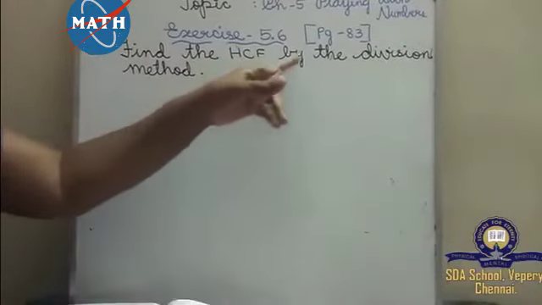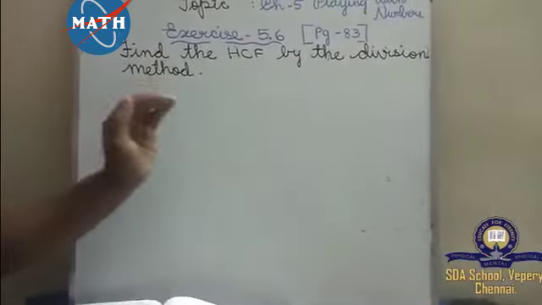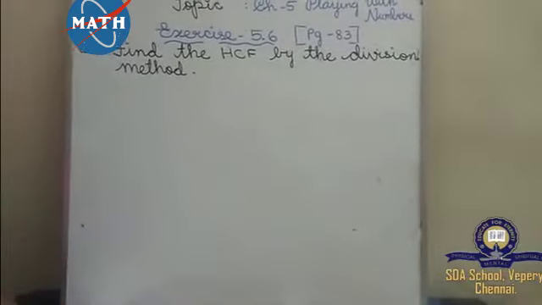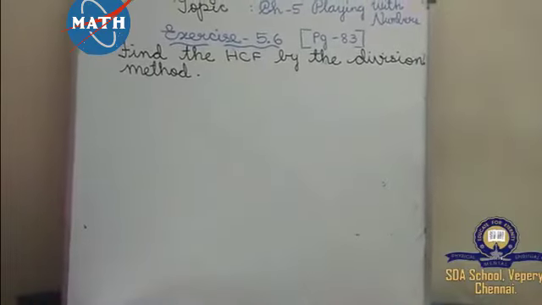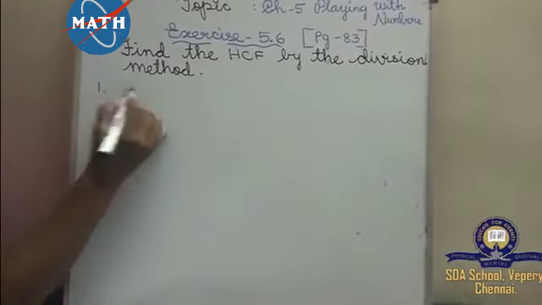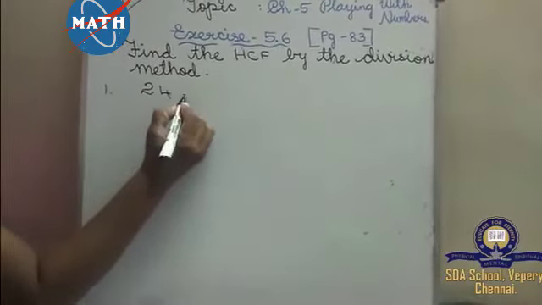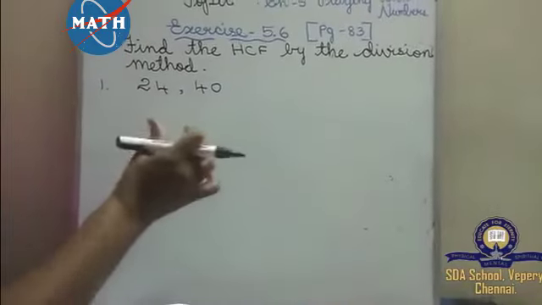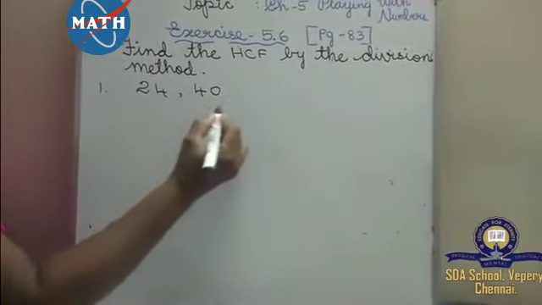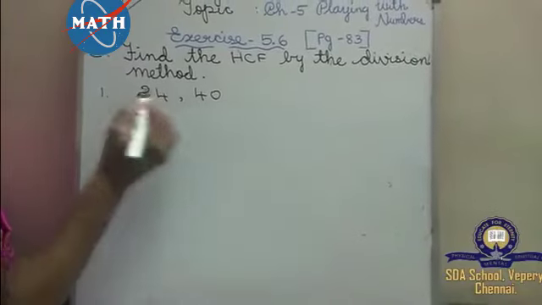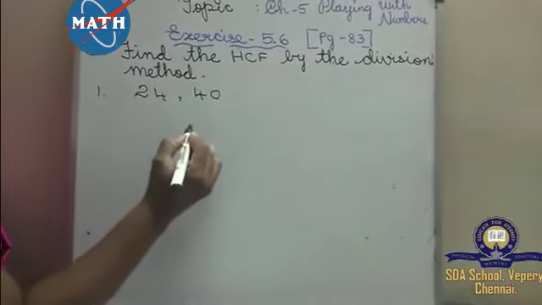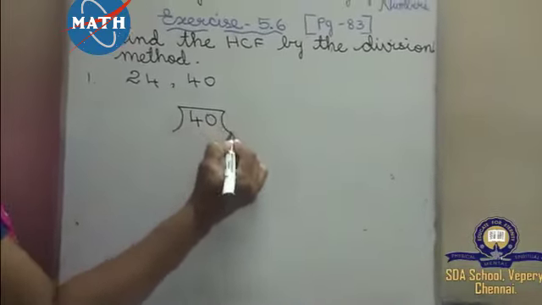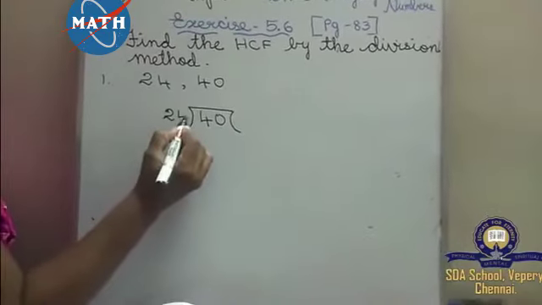Find the HCF by the division method. Children, it is a little bit hard, but you have to do it. You have to practice at home. You have to do it in rough note and see. Otherwise, it's very hard. Children, see, the first sum you are going to see is 24 and 40. You have to do both sums by the division method. Listen carefully, okay, children. The biggest number should be inside as the dividend, and 24 will be the divisor. See, here 40 will be coming inside. This is the dividend, and then 24 is the divisor.